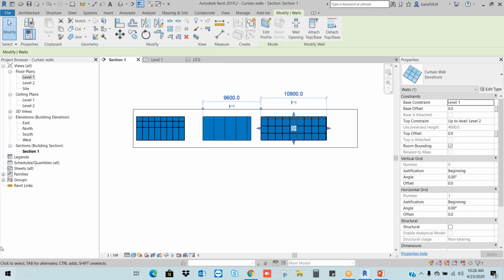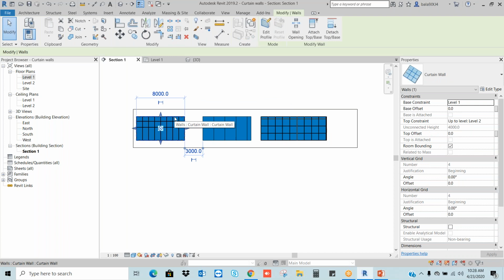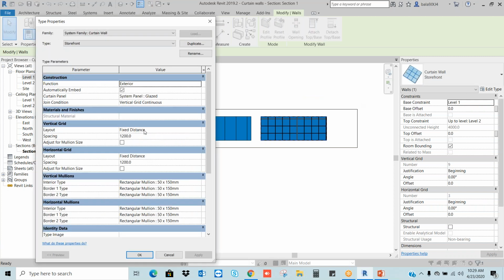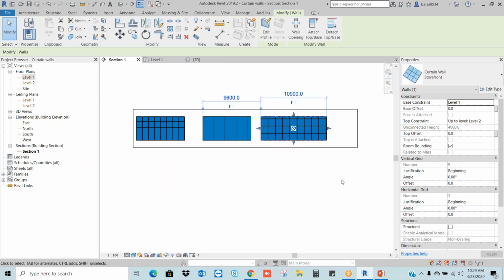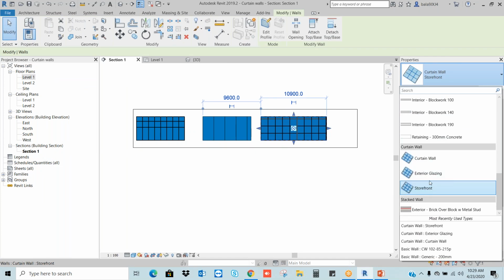So we can make the curtain wall manually by our own way, and we can get the curtain wall with fixed grids and mullions. So this is a different kind of wall only, but these two are also generated from curtain wall.